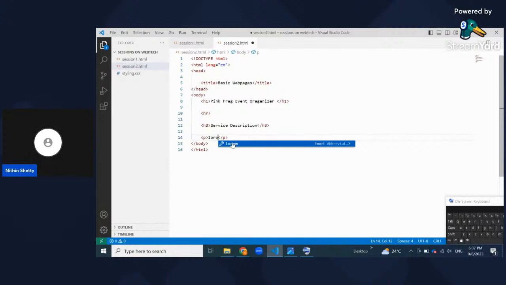Can you see the auto suggestion here? Okay, it will give one auto suggestion that is lorem. Okay, a fake sentence or fake paragraph. That is not a fake paragraph, the fake text which will look as a paragraph. Okay, so if I click,